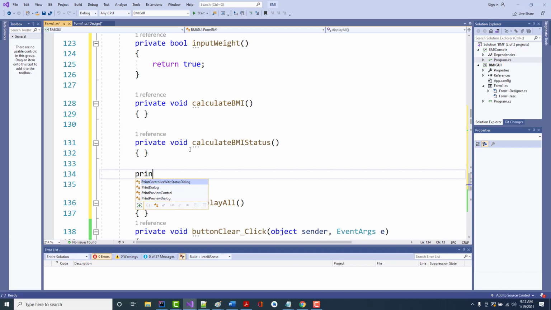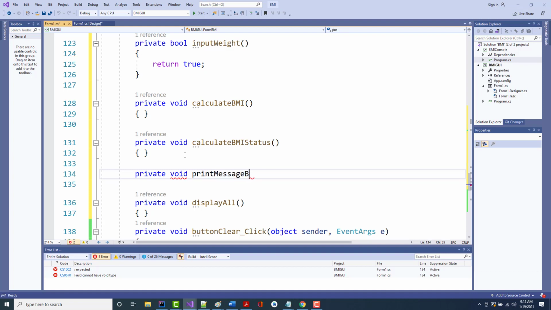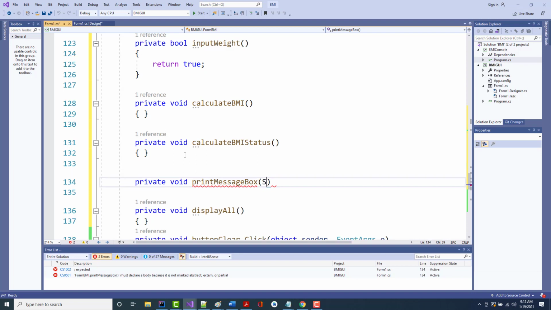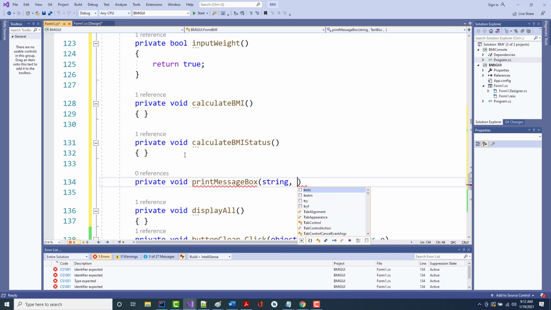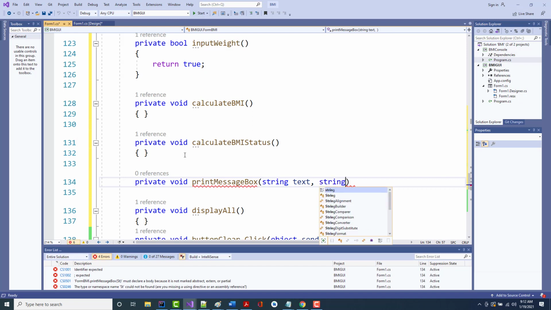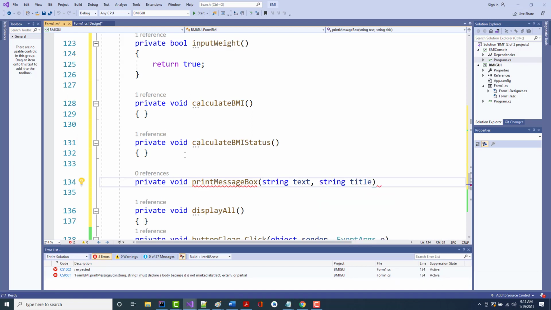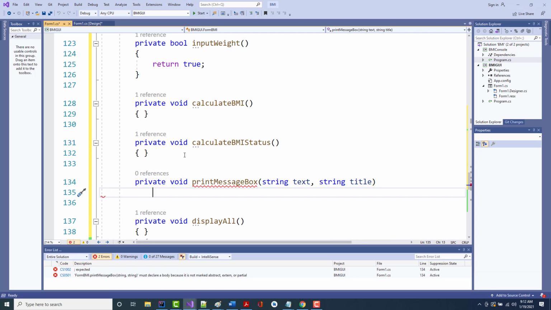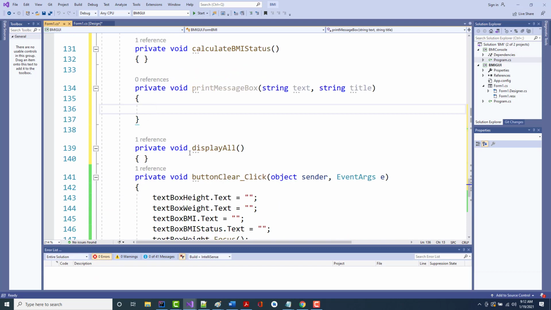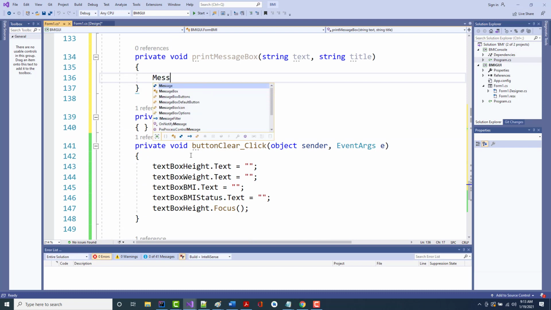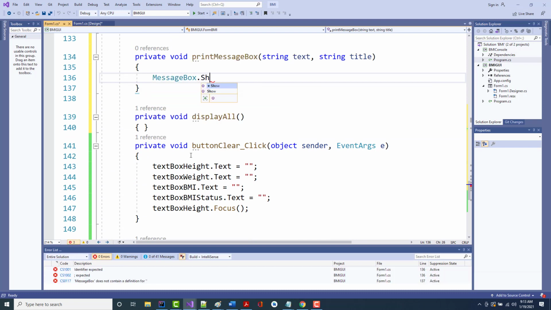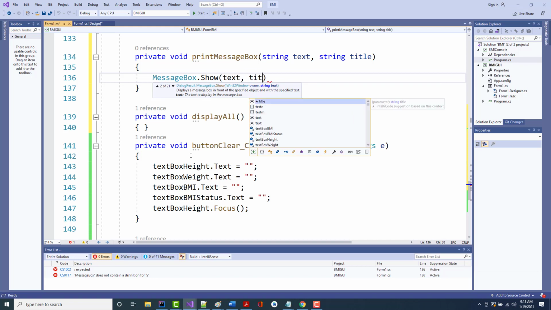So I'm going to type in private void, and I'm going to call this print message box. Maybe that's not a great name, but it's what I'm going to call it. And I'm going to pass in a string that's going to be the text, and another string that's going to be the title. We're going to go over all of this in just a minute, so if it doesn't make sense to you, don't worry about it. So MessageBox.Show(text, title